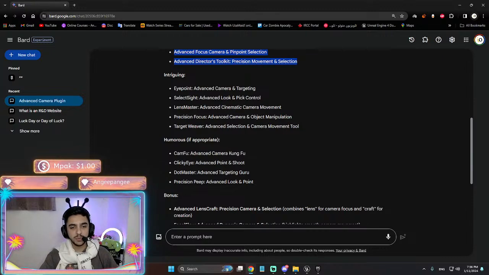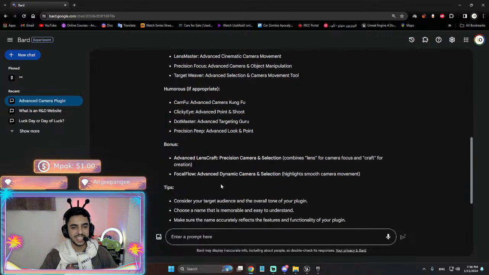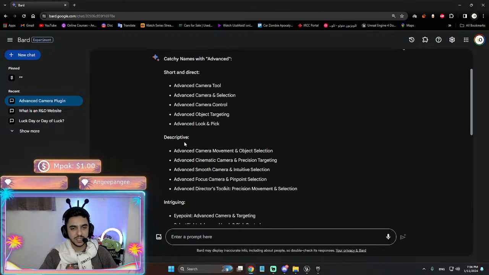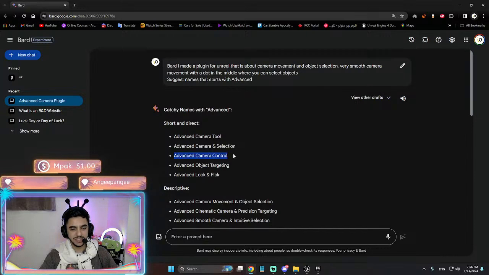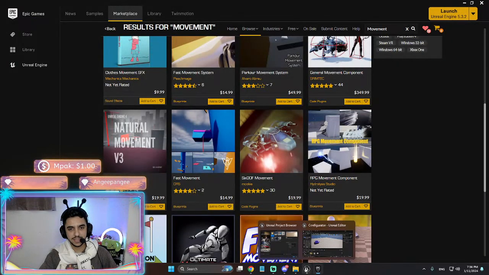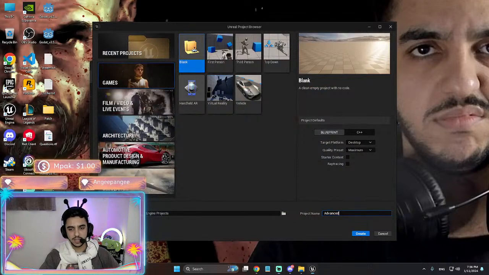Advanced camera going. Okay. So it's gonna be advanced camera control, maybe. Camera to advanced look and peek. Maybe this one. Advanced look and select. Yeah, let's name it that way.